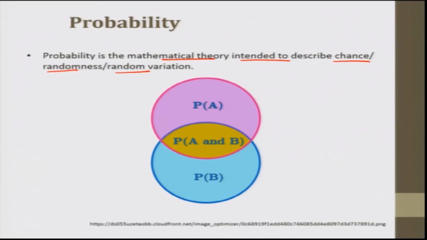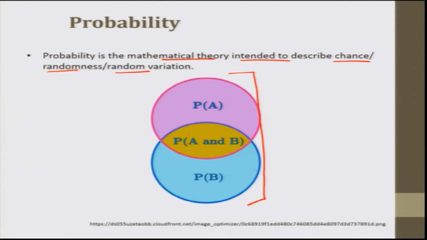If you toss a coin, the probability of getting a head is 0.5, and the probability of getting a tail is 0.5. If you toss a dice, the probability of getting any number 1, 2, 3, 4, 5 or 6 is 1 by 6. If you toss 2, 3 dice, we can have certain